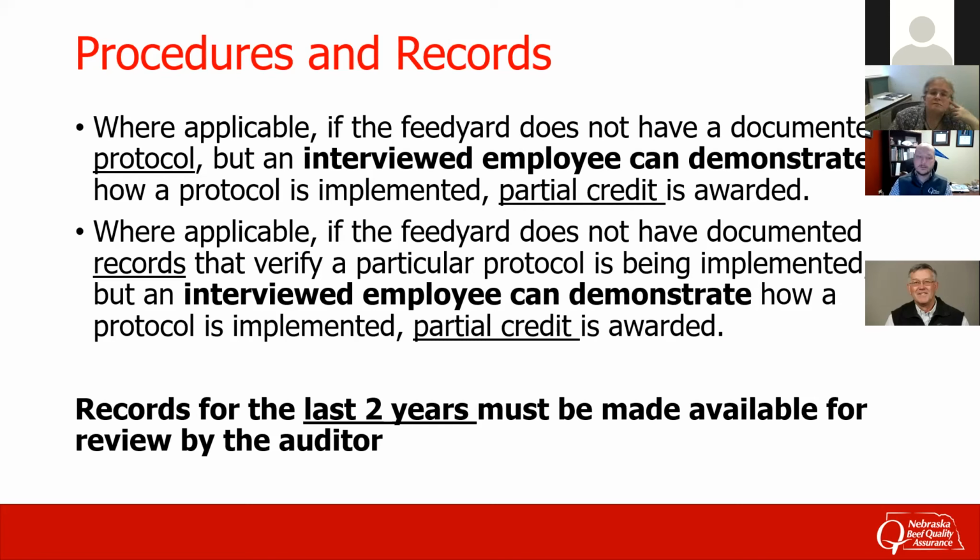Same way for records. Now, records need to be kept for at least 2 years and be made available for the auditor. Now, I'm not saying the auditor will sit there and go through all 2 years of records for each of these protocols. It just means that if they did an audit today, they could say, I would like to see a record from October of 2020 for your daily care or your pulls from your pen. And so if you can provide that,